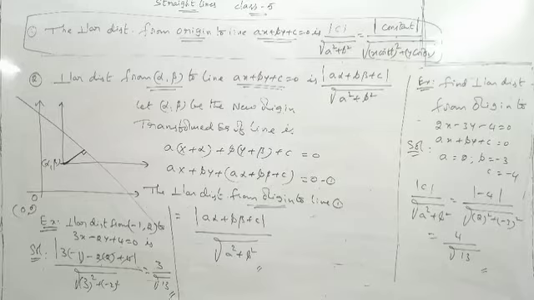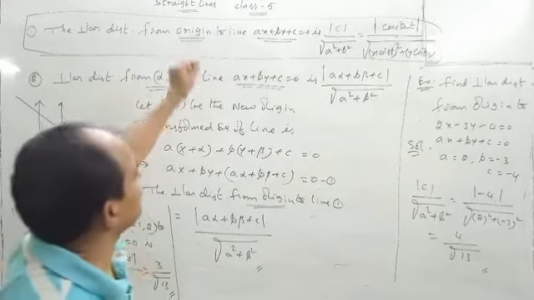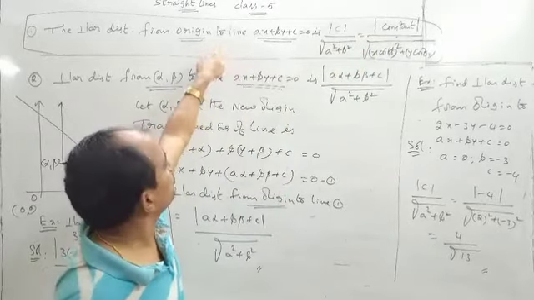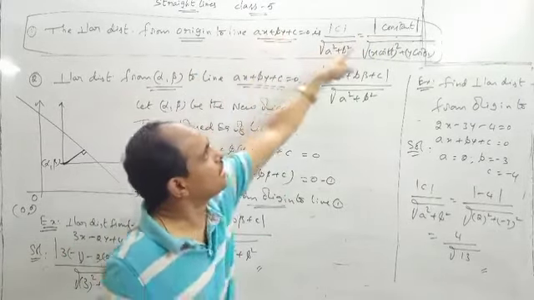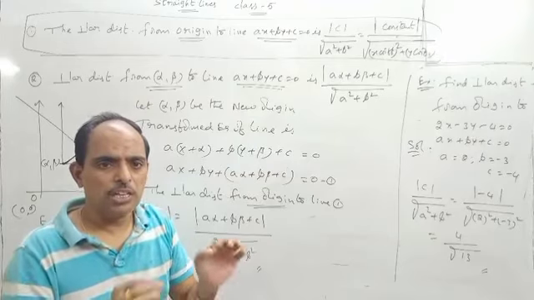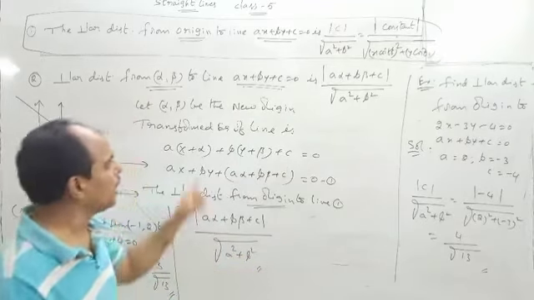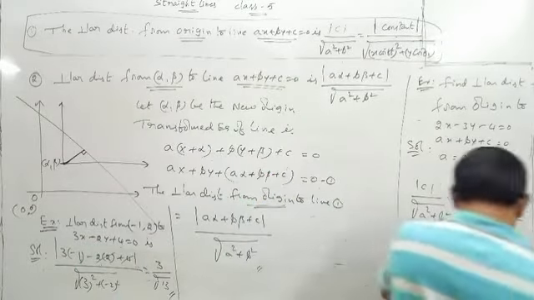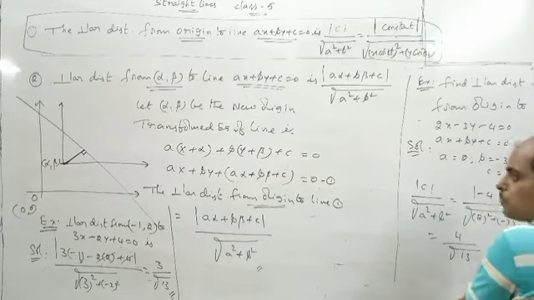So read the formula first, that is very important. Perpendicular distance from origin is modulus of constant, or you can say origin means 0 0. You substitute origin here, 0 plus 0 plus c, that will be c by root of, or you substitute the point a alpha plus b beta plus c. Formula is very simple. Just substitute the point in the equation, by under root x coefficient square plus y coefficient square. Okay, now I will prove one more formula, that is